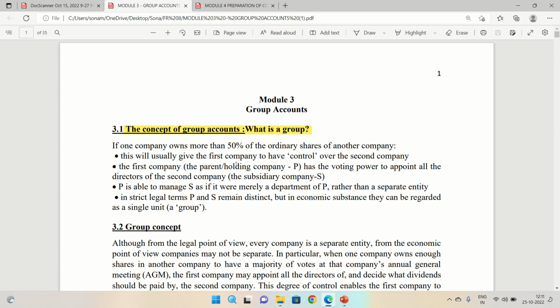When we go through the annual report or the financial statements prepared by the group, for example the parent company, we will be able to see that the parent company will have both its standalone financial statement as well as the consolidated financial statement. Standalone means the parent company's individual statement. Group means it is the group financial statement comprising the subsidiary company also. So that is the idea behind the fourth point. These 4 points you should keep in mind when we talk about group accounts.